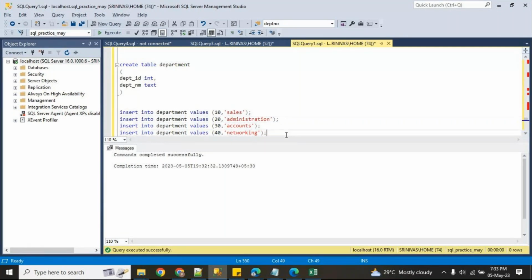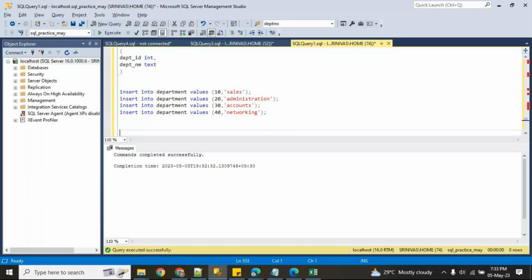The same thing, what I can do is, whatever the bracket is, this is one record, comma, this is another record, comma, this is another record, comma, this one. This is also one more way we can write.